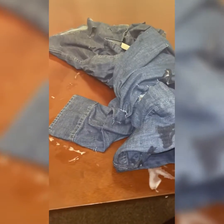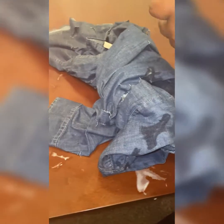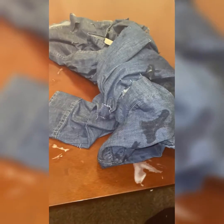And after it sits for a while, I'm just going to wash it, dry it, and let the washer and dryer do its thing to the shirt. And at the end of the video, you'll see the end